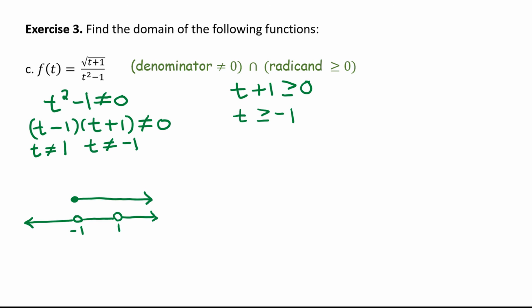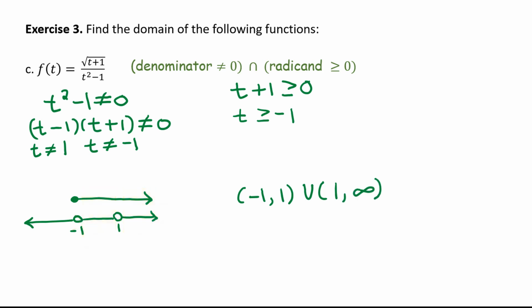-1 or greater. Now, in order to find the domain, we must find the intersection of both the denominator and the numerator terms, and that will occur at not including -1, moving to the right to +1, but not including the +1, and then 1, not including it all the way to +infinity. So in interval notation, it would be -1 to 1, union 1